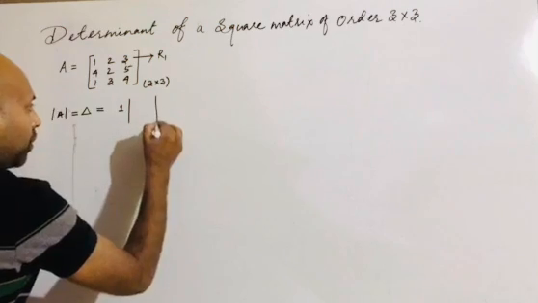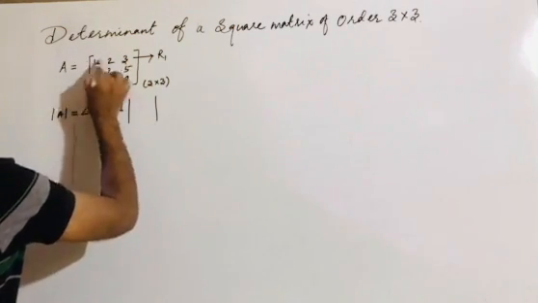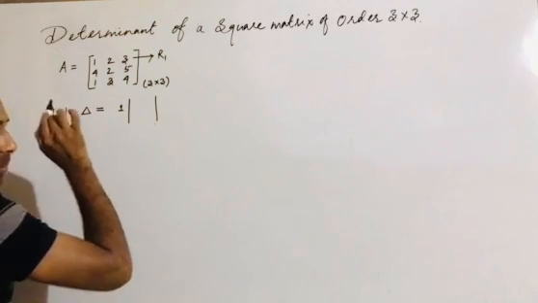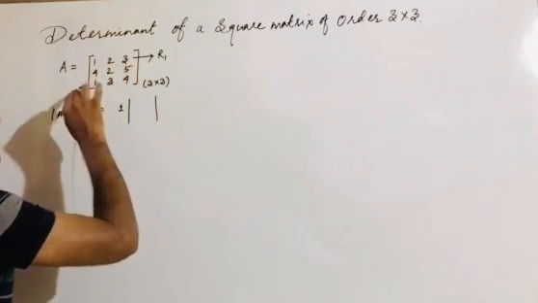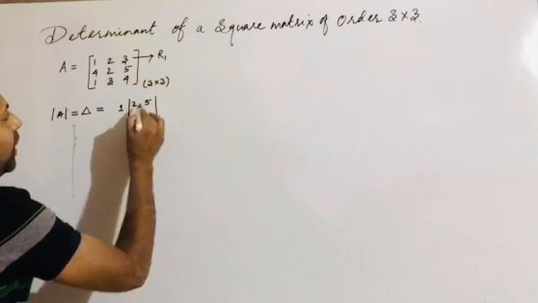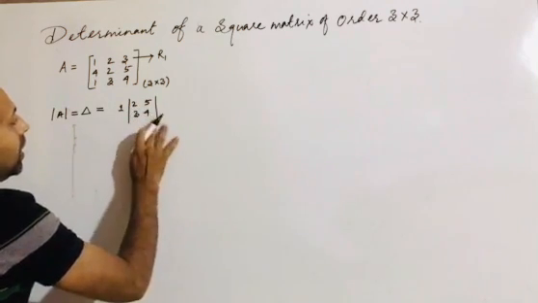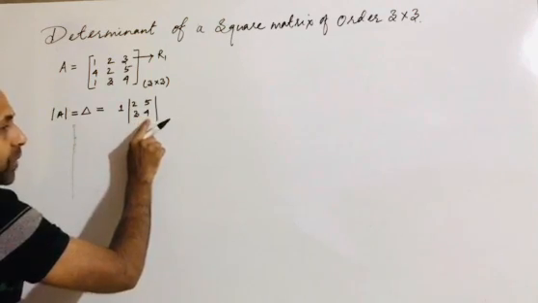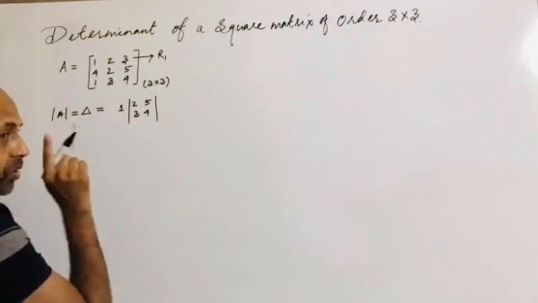When I have to take the cofactor, children, what is the method I have told you? You omit the row and column of the element which I am taking, and the remaining determinant is the minor. So the determinant left will be 2, 5 and then 3, 4. Now, for the product of the element and its cofactor, the sign also has to be taken in order.